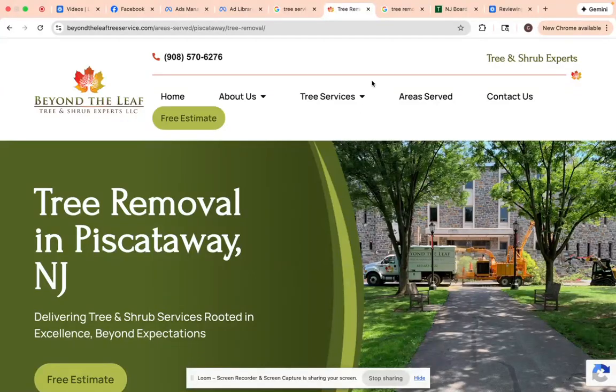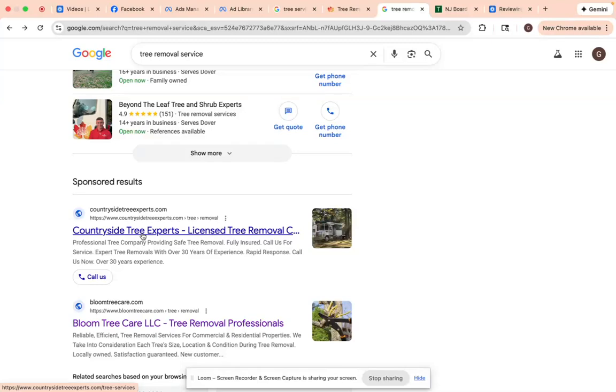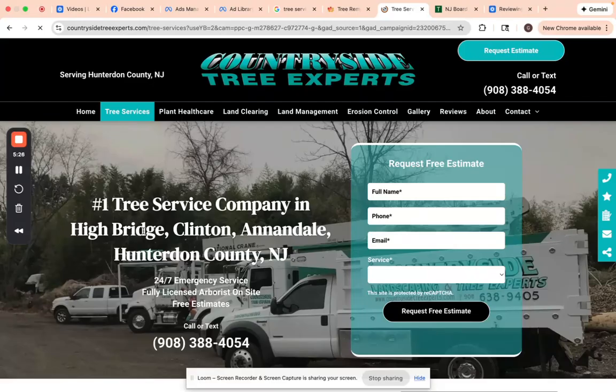And if we looked at a Google advertisement, if we do a search in Google and you see a sponsored results section here, you'll see some links, and these are the companies that are using Google Ads. So, as an example, Countryside Tree Experts, you have an opportunity to call them. People just click on this button, and right away, from their phone, they can call you. And then if they want to look at the web page, they click on this link. It takes them to a basic